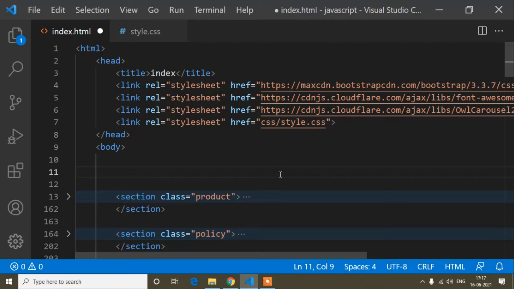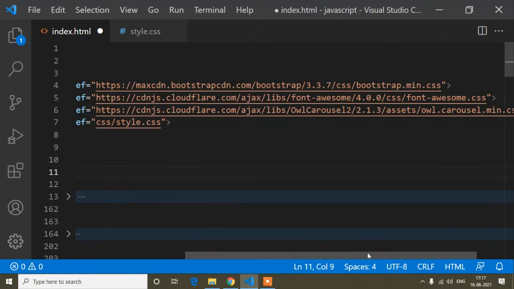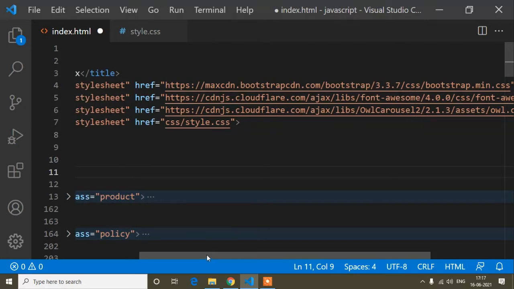First of all I will show you how you can add Owl Carousel, and this is very simple, guys. Everything I will provide in my description, like all the links and all the code. So don't worry about that, but here you have to watch this video to see how you can add this link and where you have to add it. I will provide the code for Owl Carousel only. Here you can see this link.